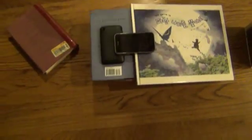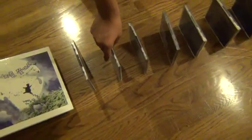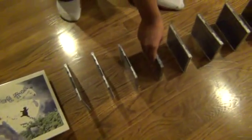So the way this is going to work, we're going to make a phone call on Utah's handy dandy iPhone, and we're going to call the ramen machine, which is going to go to this phone over here. It's on vibrate, so it's going to vibrate down this inclined plane and hit this first CD. Now once it hits the CD, it's going to make a domino chain, hitting all these CDs, going along, and